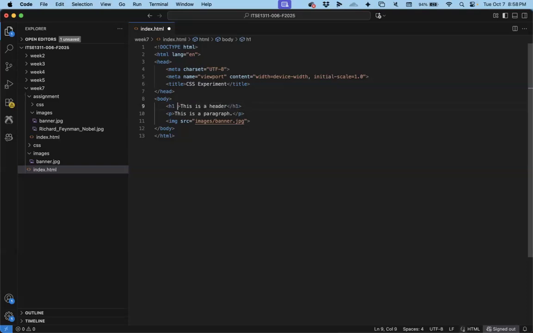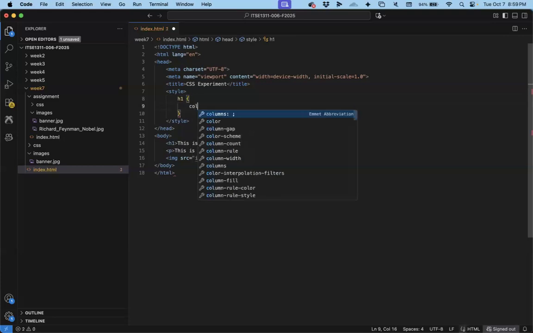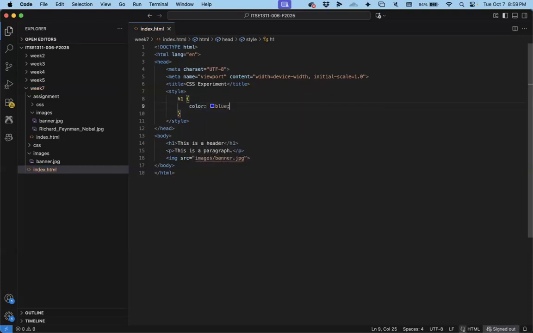Now, what you can also do is put a style tag in the header. So you can come in here and say, this is style. And then in here, I can use a selector. And if you read The Odin Project listing, you'll understand selectors. A selector says, what do I want to apply style to? So I can say to all the H1s, I want to apply a color of blue. Okay. Now this is called embedded style. So this means that it is embedded in the